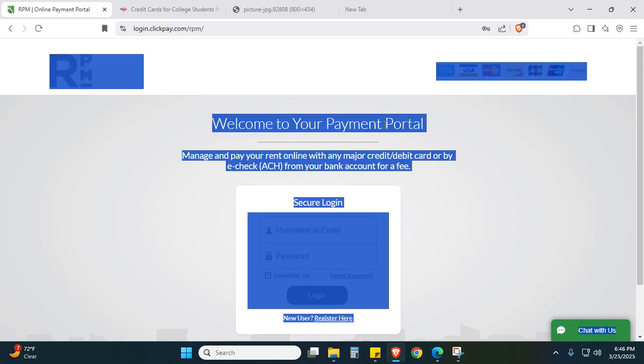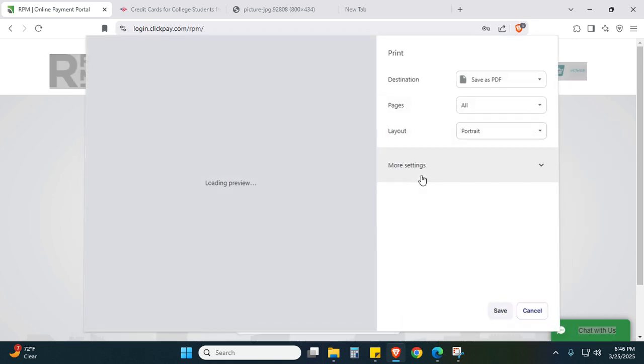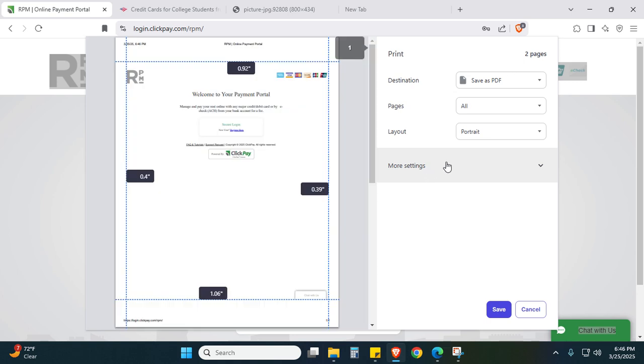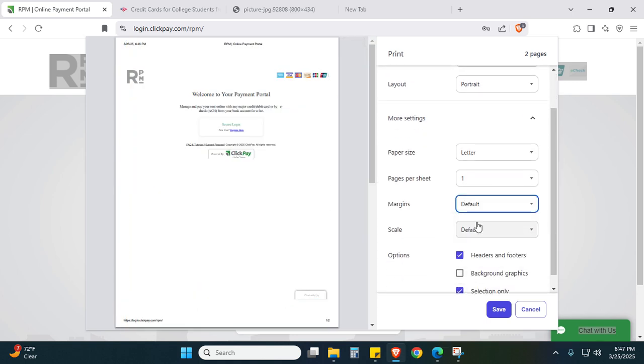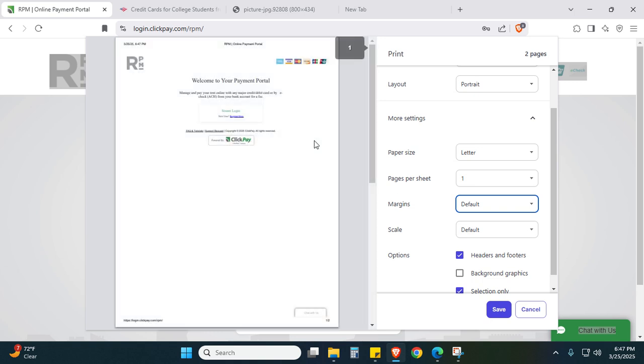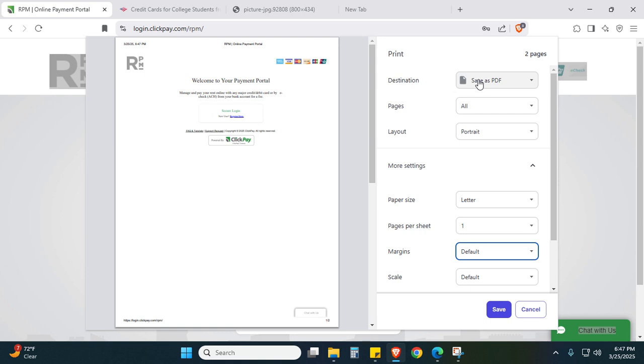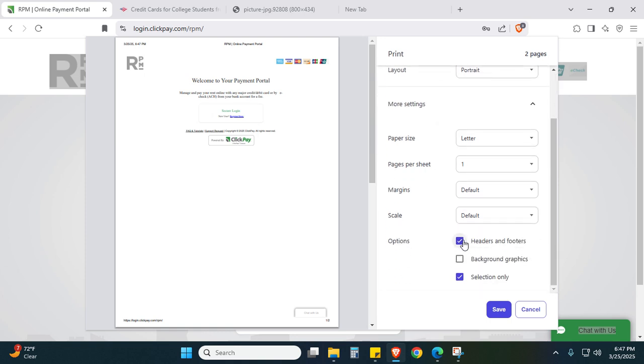Then just right click on the blue and then click print. So what we're actually looking at now is not necessarily the website itself, but we're just looking at the selected text that we highlighted, and then we're going to print save that. So remember, your destination should be save as PDF. Make sure your headers and footers are turned on and visible, and now you are good to go to send